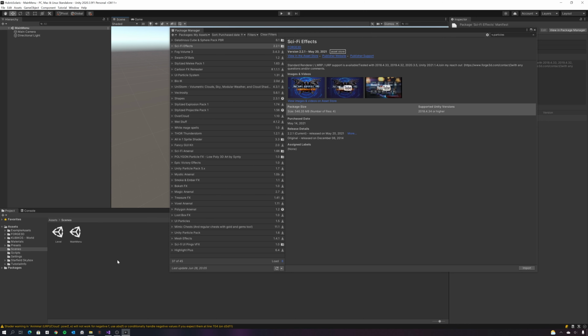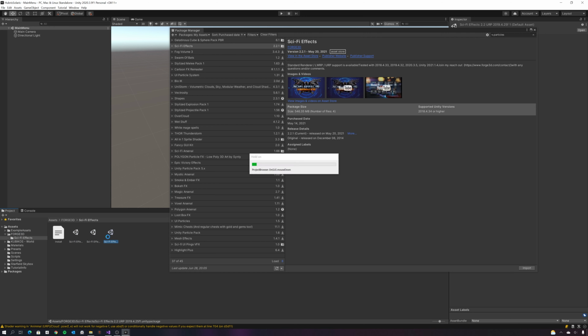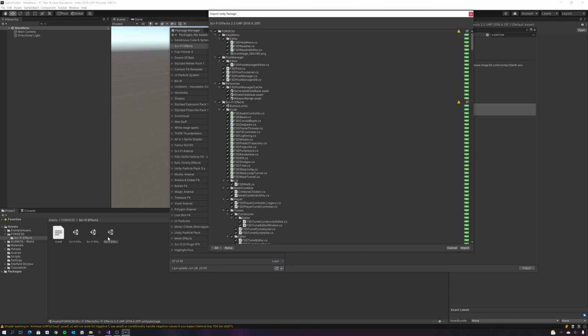Import this. Okay. And they've been very kind and given us a URP version of their assets, so we're going to need to unpack that